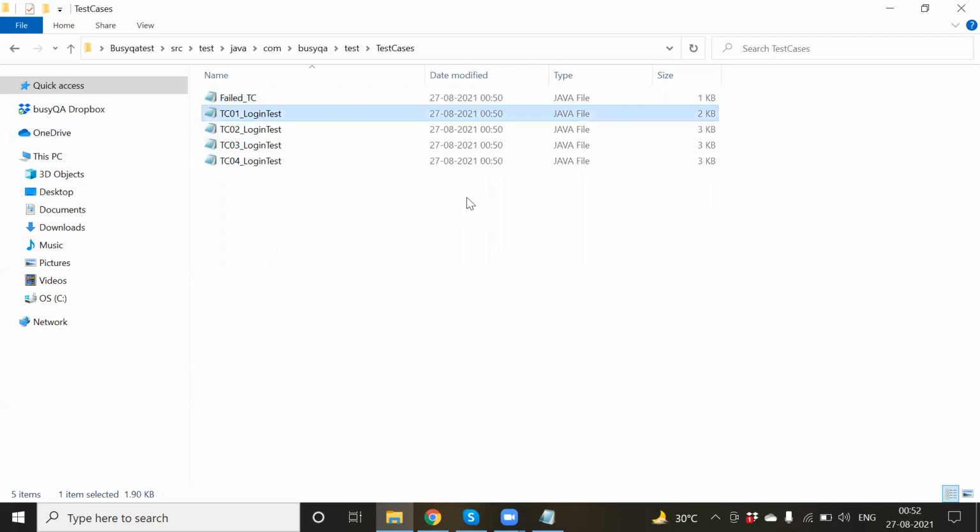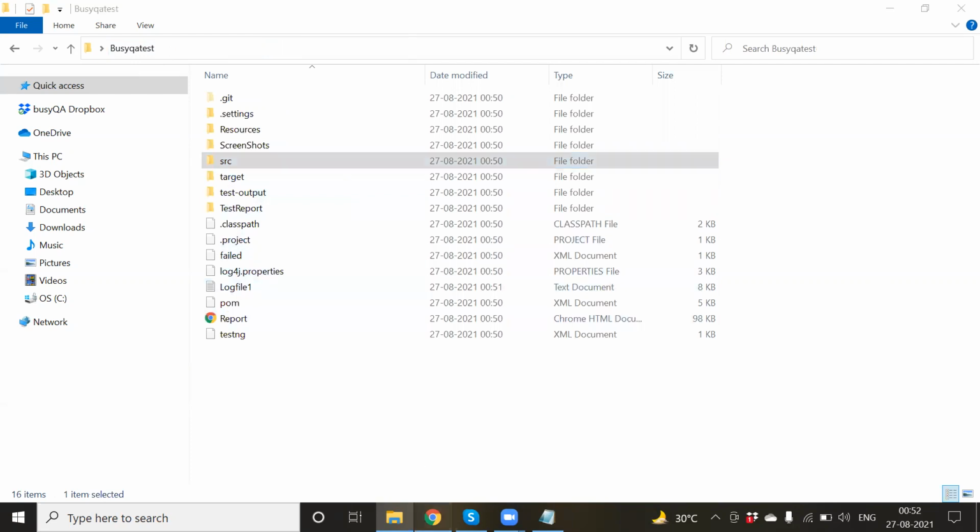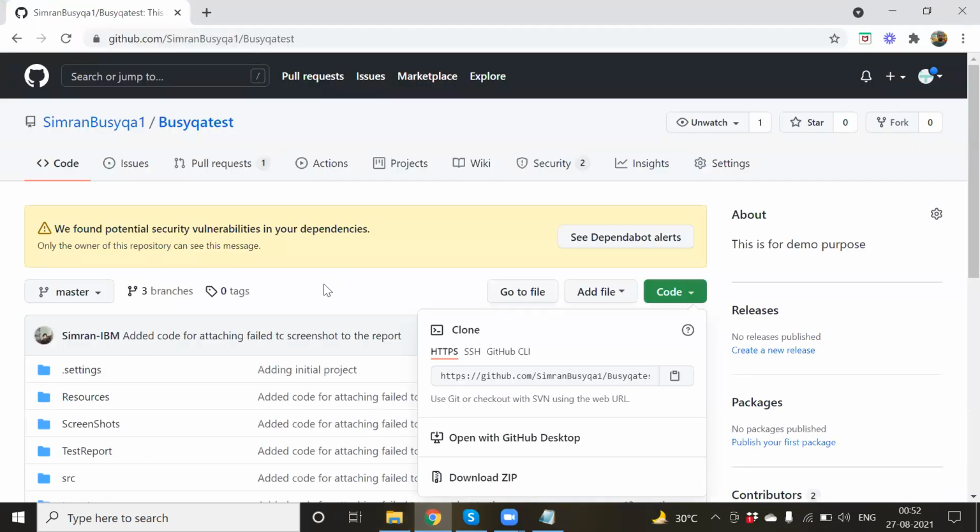Maybe I can add one more file here, and this would be my tc 05 login test. Okay, this is the new file that I've added, and now I want to push the changes to the repository back.